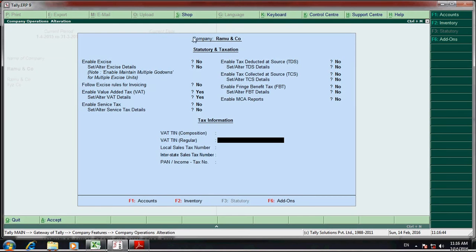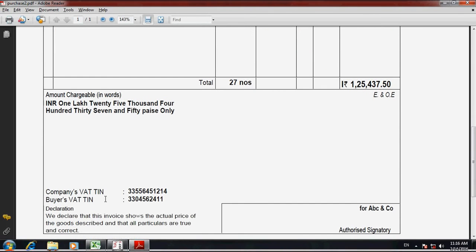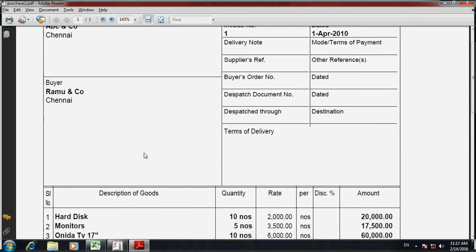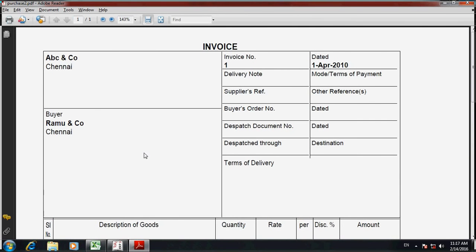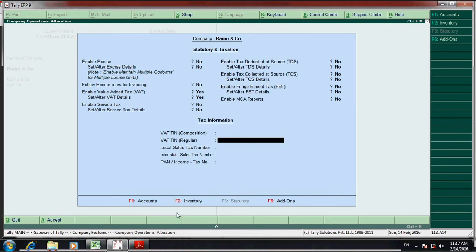Here enter your company TIN number. In this purchase voucher we are the buyer, so the buyer TIN number is our TIN number. So Control C, then Control Alt V.